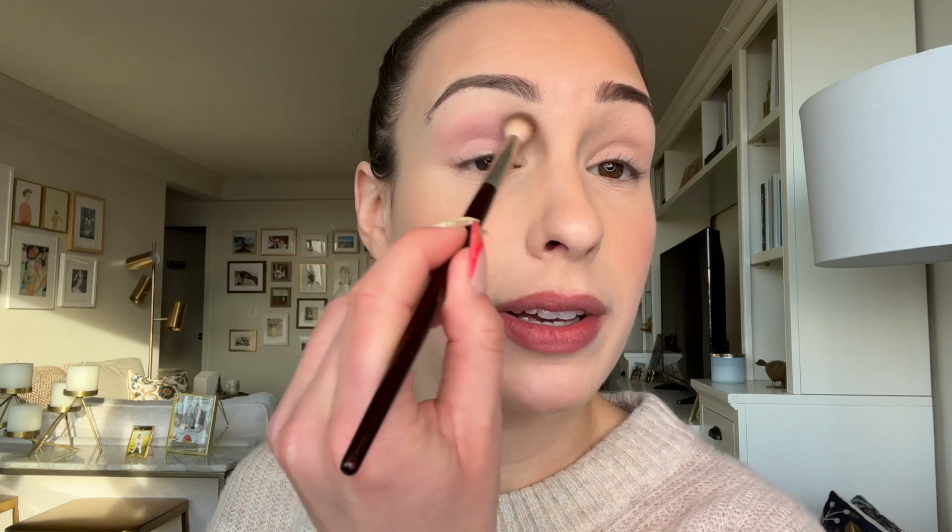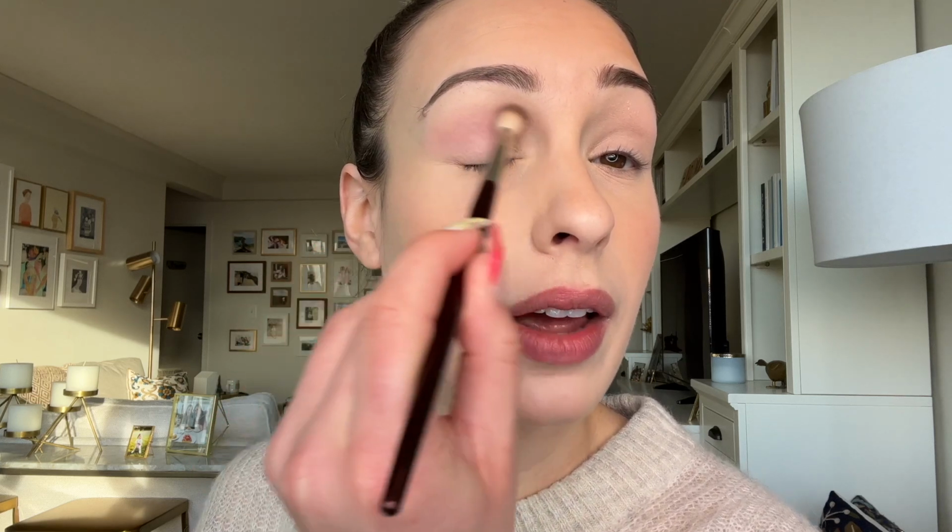This is one of those just standard creamy matte formulas that Natasha has, and it's blending out very, very well. This shows up, I think, very well on my skin. If you have a darker skin tone, this might need to be more of a blending shade, but for me, it's perfectly sufficient to just start off a look and add a nice little wash of